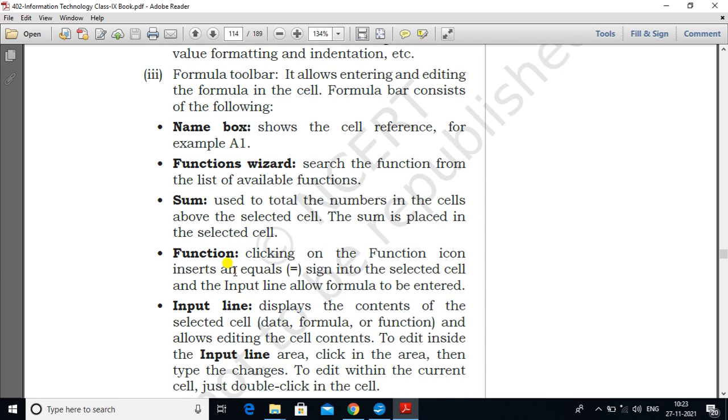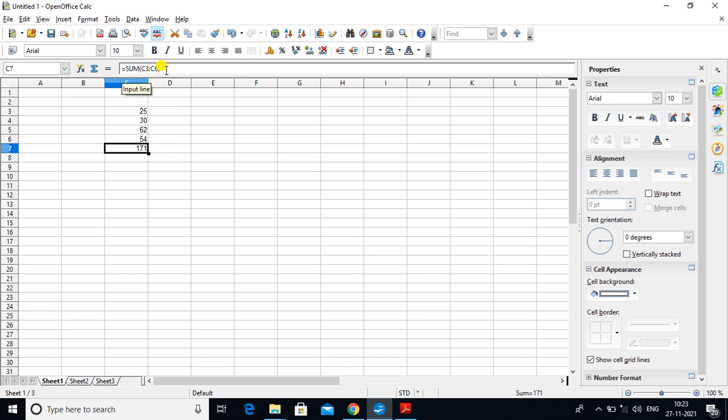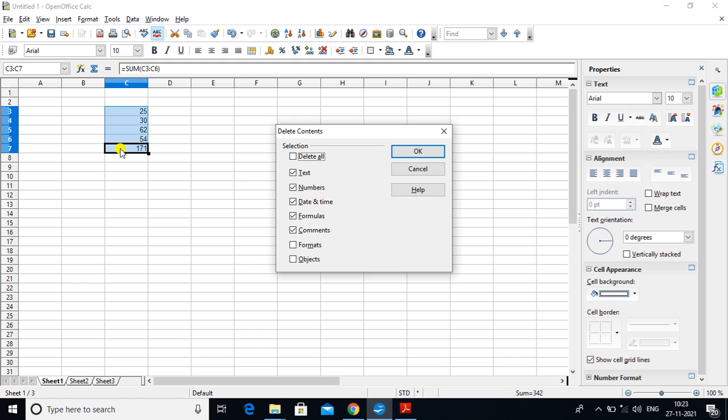Next function. Clicking on the function icon inserts an equal sign into the selected cell and input line, and allows a formula to be entered. Okay. This is the function. So, I am just removing all these things.